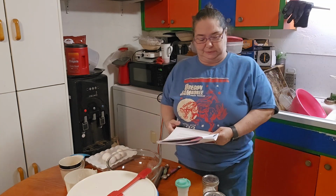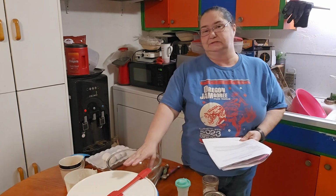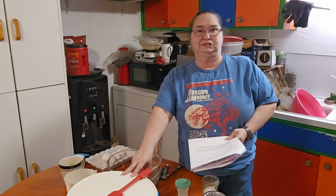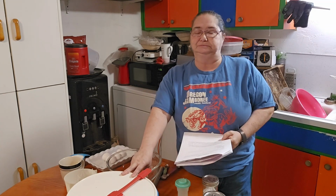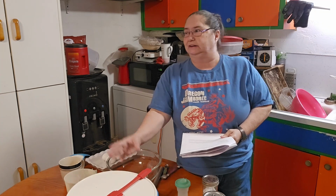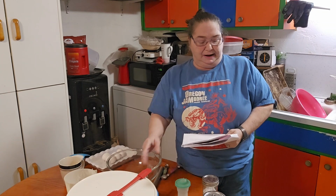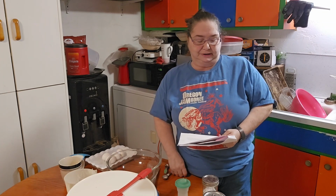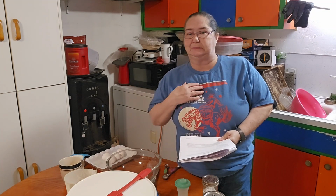So it starts with 1 cup of starter, and my sourdough starter is all-purpose white bleached flour. I know people cringe at the word bleached, but that's what I've been using. It's Walmart brand, and it's cheap. And then it calls for 1 egg, 1/4 of a cup of buttermilk, which I had to make buttermilk,